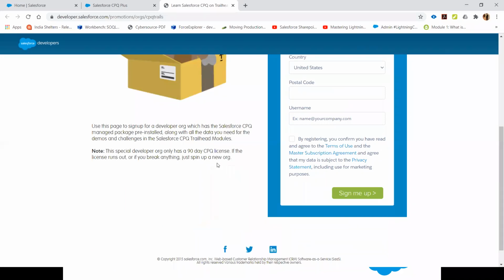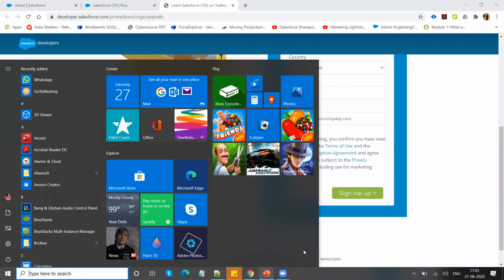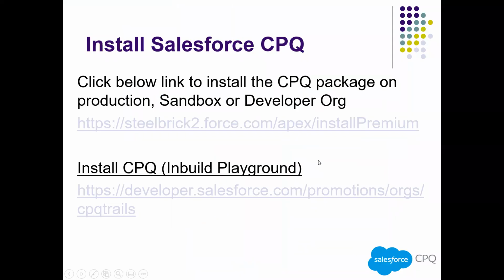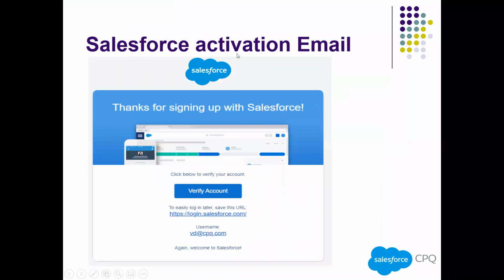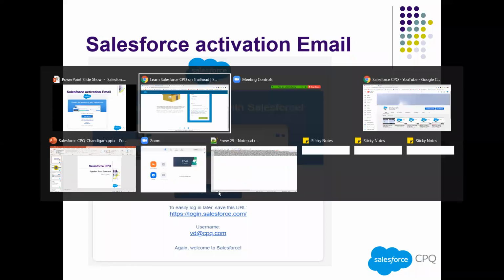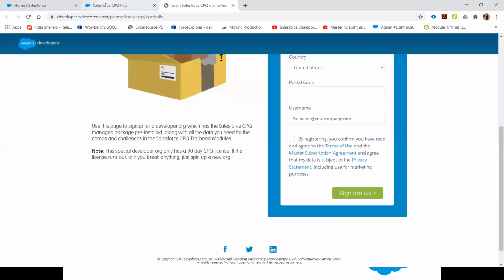You will get an activation email on the email ID you submitted, and you will have to verify this activation. After activation, you will end up in the install packages section. Let me show you how it looks after installation.